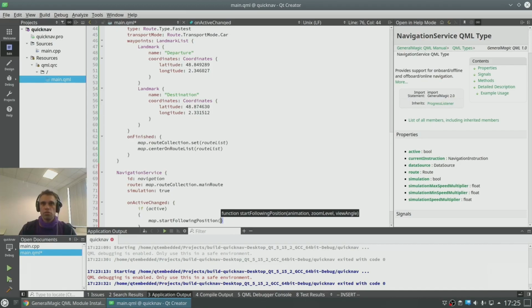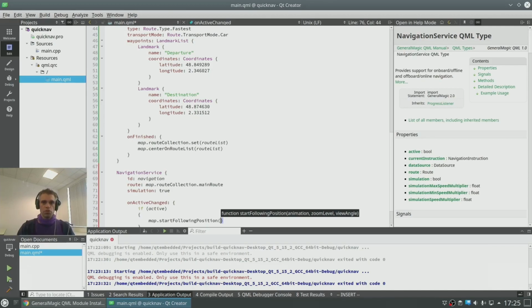And the reason this is important is because during navigation, the position indicator is moving. So if the map is not moving, then the position indicator will move off the map and off the screen. So we want the camera to follow the position indicator while navigation is active, and therefore it is moving.